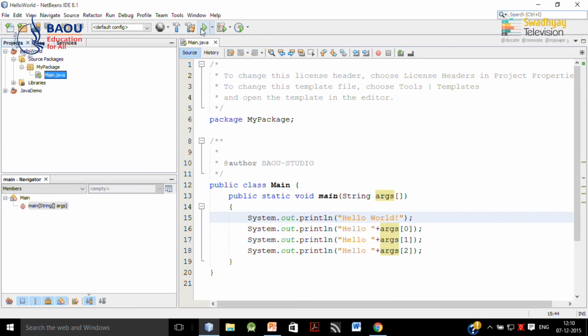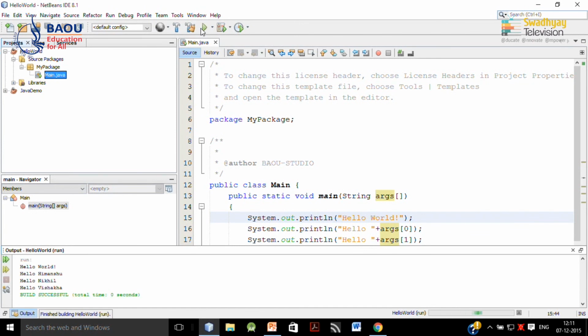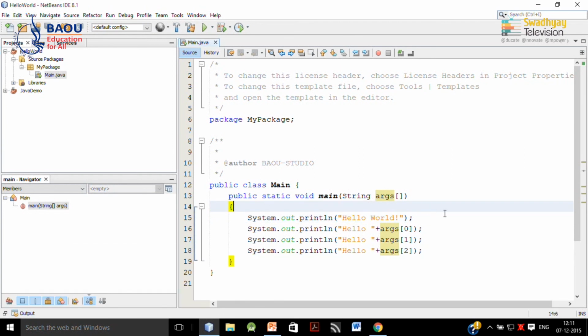So, I am pressing this run project button, or alternatively you can press F6 also. So, here in the output window you can see it displays hello world, which is a fixed string, and here it displays hello Himanshu, hello Nikhil and hello Vishakha. So, this is the output of the program which uses command line arguments.